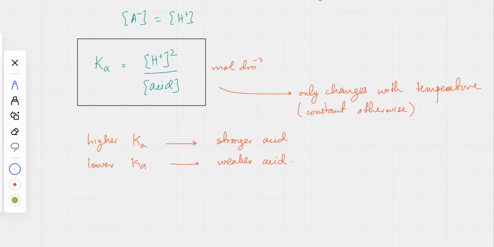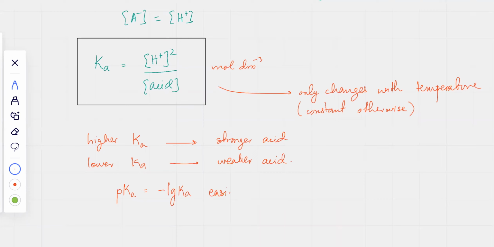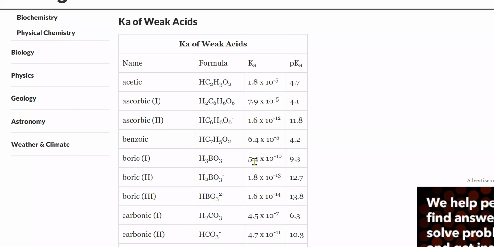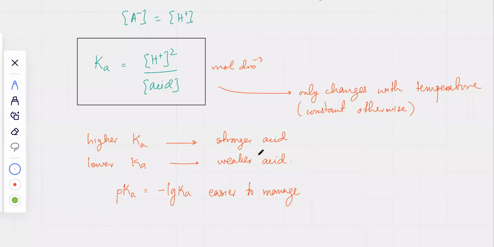So pKa stands for, once you have the Ka value, you take the negative log of Ka, and that provides you with your pKa values. So that's the negative log. These values are easier to manage, simply because they're easy to manage. You can see over here, all these values turn into manageable numbers, 6.3, 13.8. And another thing about log, because you're putting a negative sign,